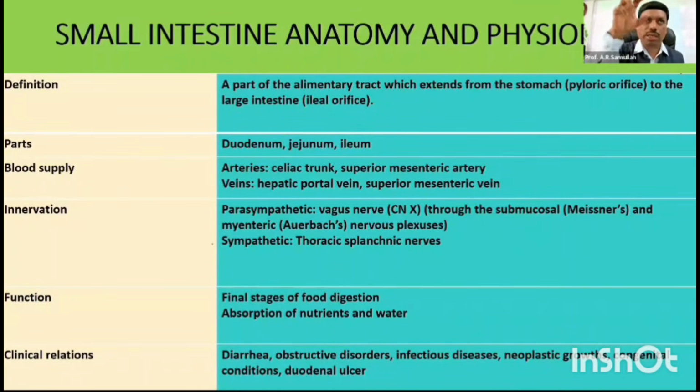The food is retained in the small intestine. Whatever is not absorbed by the stomach comes to the small intestine. From the small intestine, the maximum absorption takes place, and also the pure digestion. So what kind of digestion? The fat and lipids and protein, but majorly the protein and then carbs, the digestion takes place in the small intestine. Partially the fat metabolism also takes place in the small intestine.